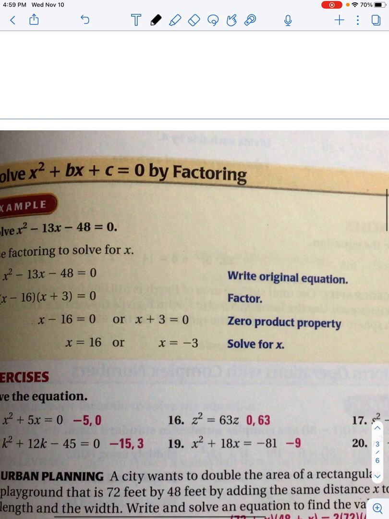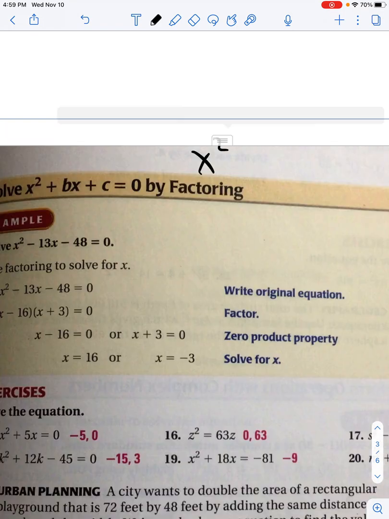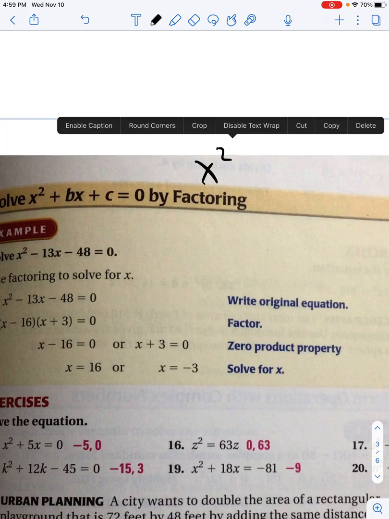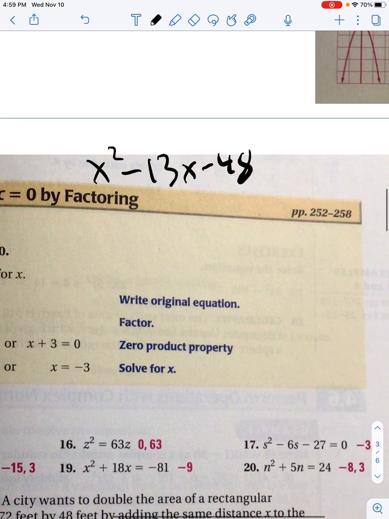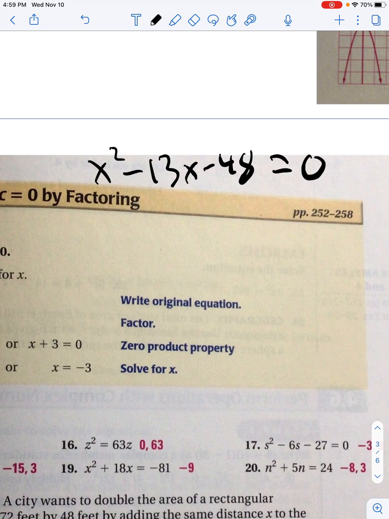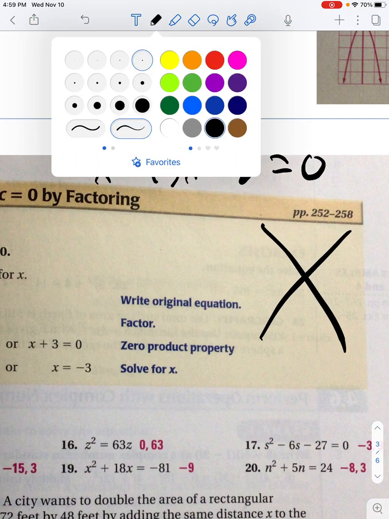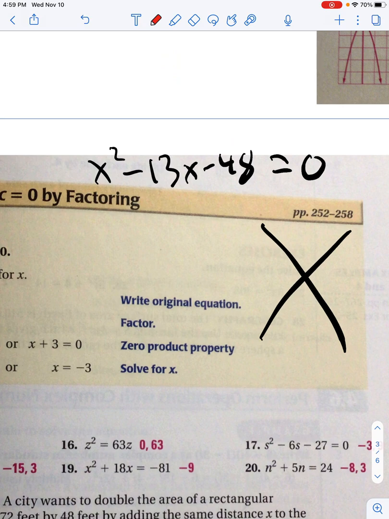Then we talked about factoring. So factoring, when we have an a value of 1, we like. So x squared minus 13x minus 48. Again, it's got to equal 0. We talked about a factor x. So again, we have the base function